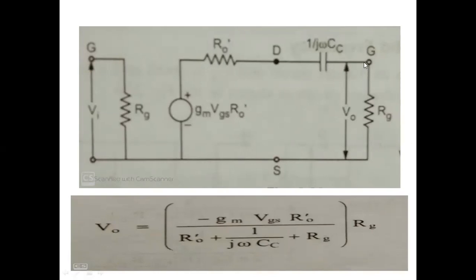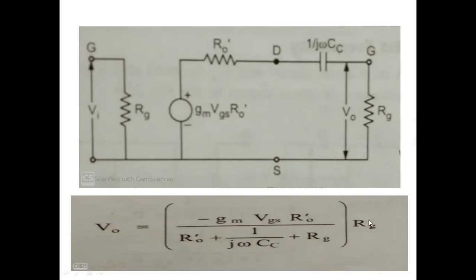We are finding the middle voltage; V2 is V naught here. So V2 is equal to V1 into R2 by R1 plus R2. That is the formula. Here V2 is V naught, V1 is this voltage, R1 is the series combination, R2 is this one. So V naught is equal to the initial voltage, minus GmVgs R naught dash,